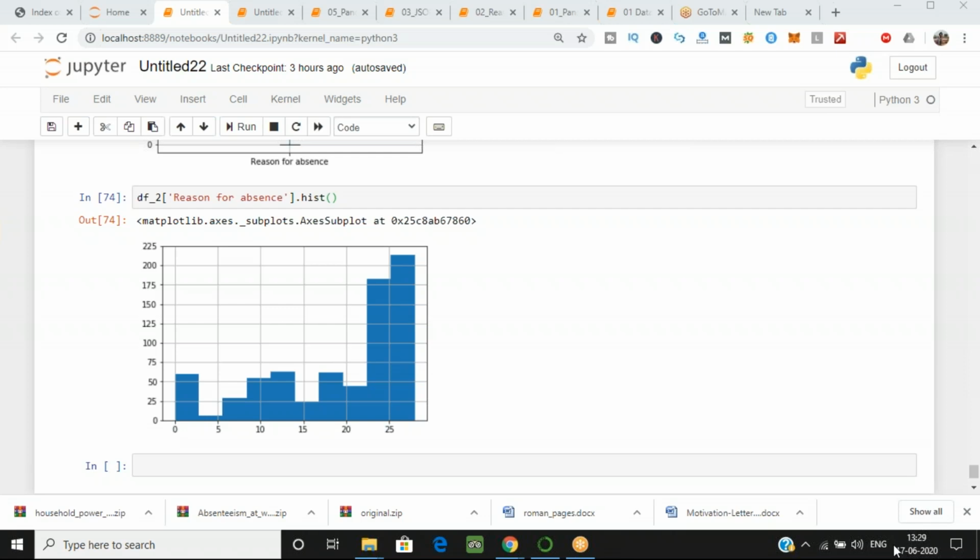Yes, participants. I have asked what's the difference between histogram and the bar graph, when you know that you have to use histogram and when you want to use that bar graph.